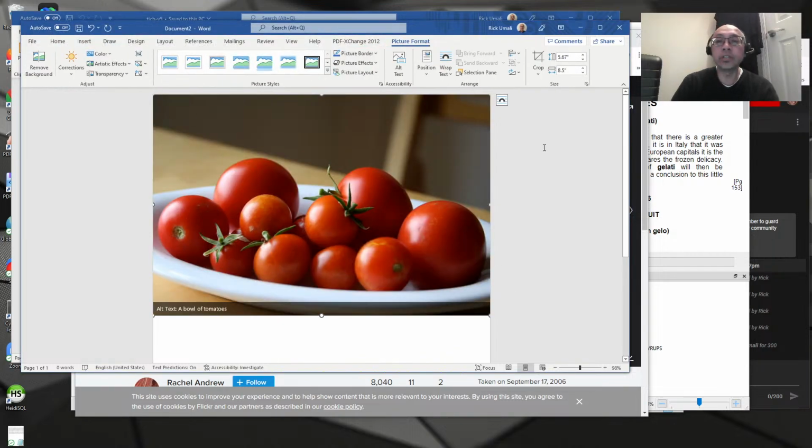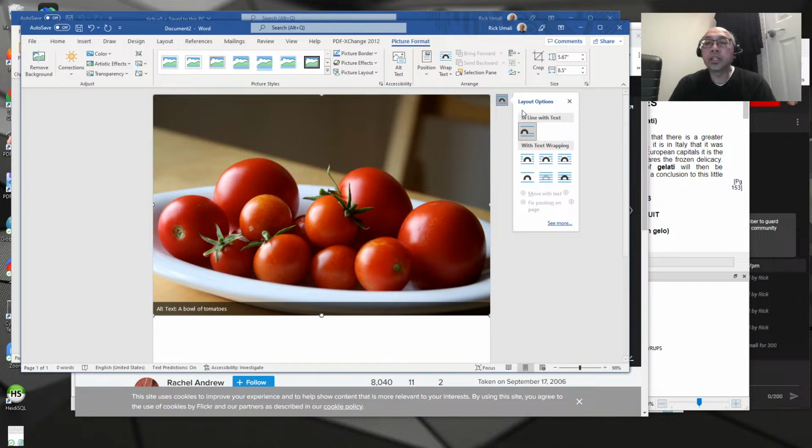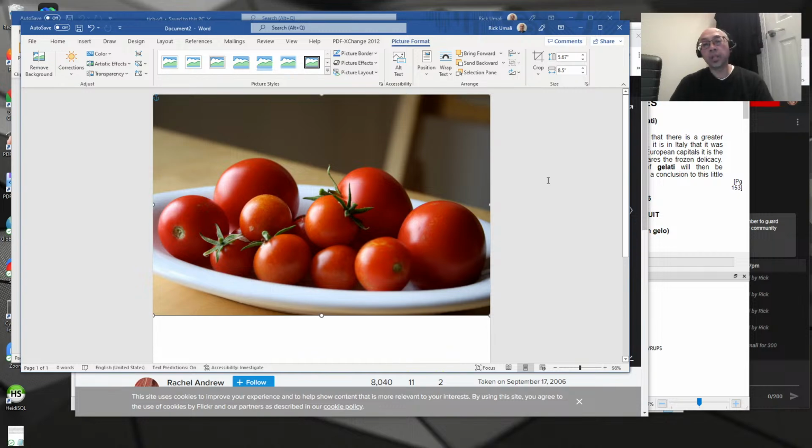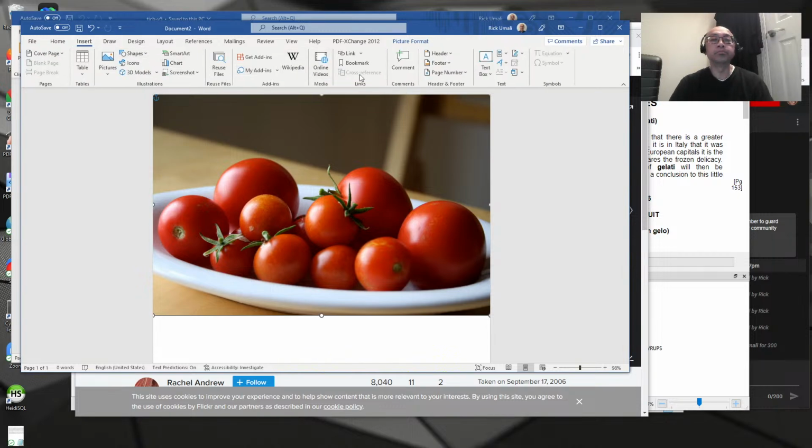And now that it's in here, I want to set its layout option such that the text wrapping is behind it, behind the text. Now, what that means is that when I insert some text using a text box,